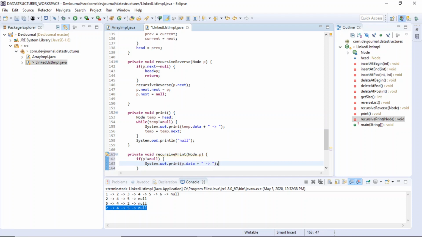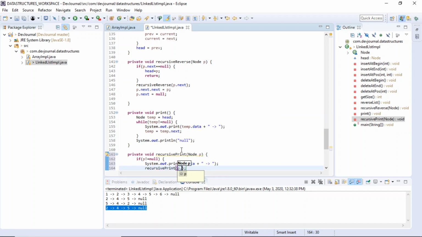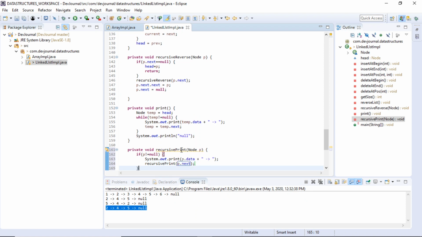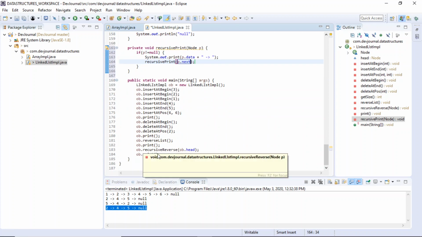Okay, and we'll recursively call again with p.next. So this way we can recursively print our linked list. Let's check this.